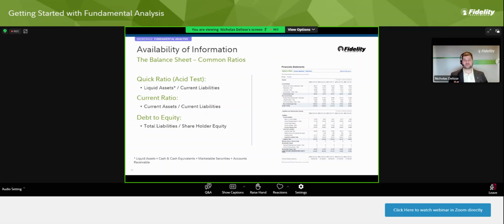Because depending on these ratios, if you have a lot of current assets, if you're Apple with $200 billion of cash on the books, and Apple were to come and say, with $200 billion of cash on the books, like they were several years back, we want to borrow $1 billion.